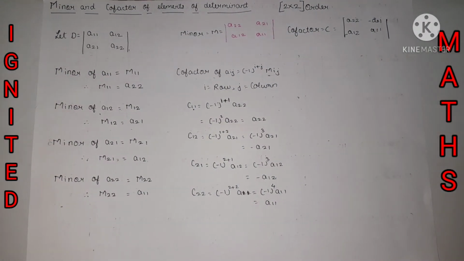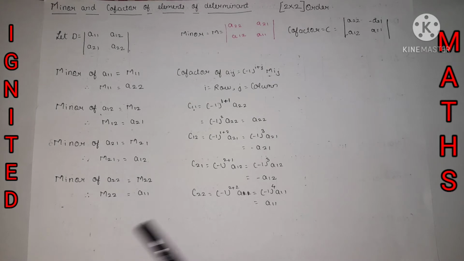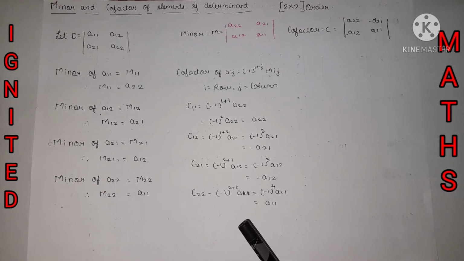For the board format, we need to write in the specific way as we have mentioned over here. But if they have asked in the MCQs that we need to find the minor and cofactor, so we need to remember some tricks and tips to find the minor and cofactor just in a second.